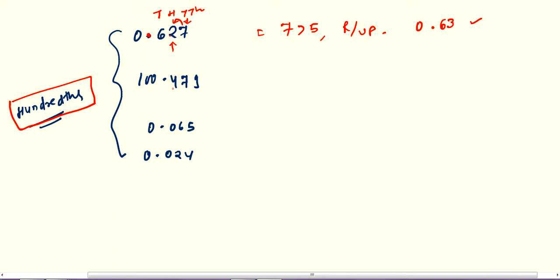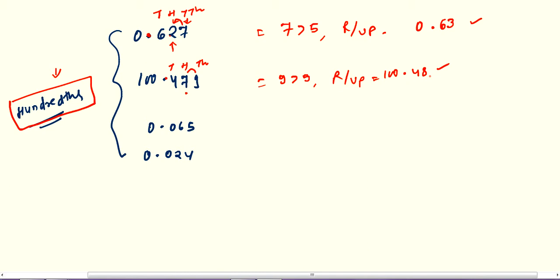Next is 100.479. After the decimal the first value is tenth position, then hundredth position, then thousandth position. So we have to round off to the nearest hundredth, so we will select the digit after the hundredth. At hundredth we have 7, and the digit after 7 is 9, and as you know 9 is greater than 5, so this is the case of rounding up. So simply this 9 will give 1 to the previous digit. So first we will write 100.4. Now this 7 will get 1, so 7 plus 1, 8, so this will be 48, and we will remove 9. So 100.48 is the required answer.